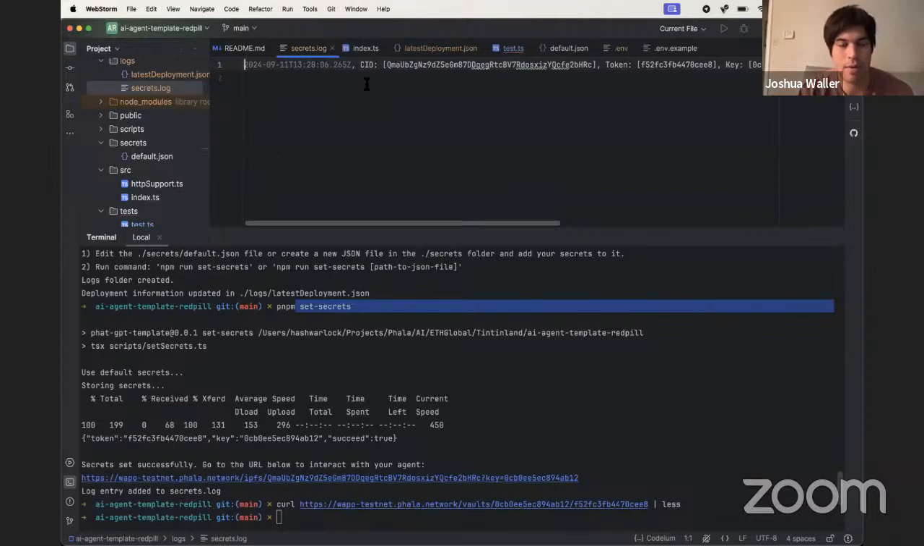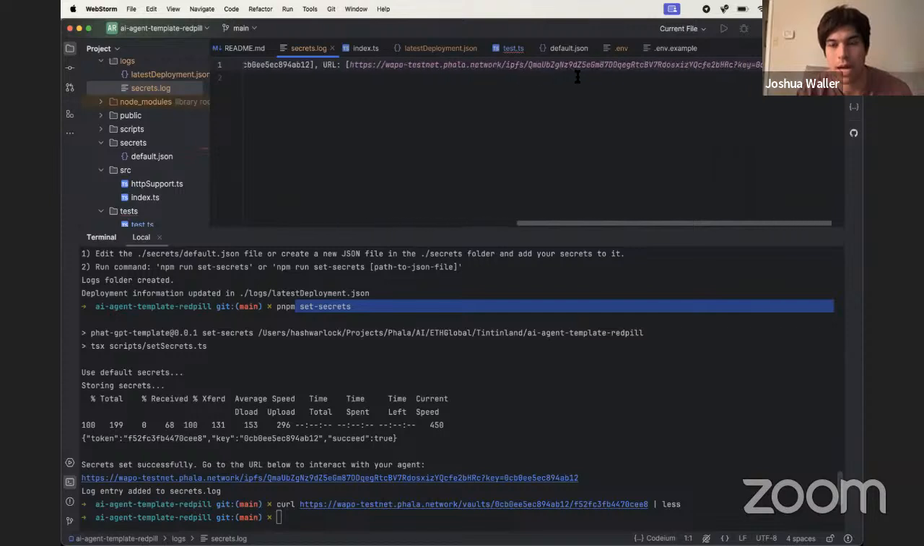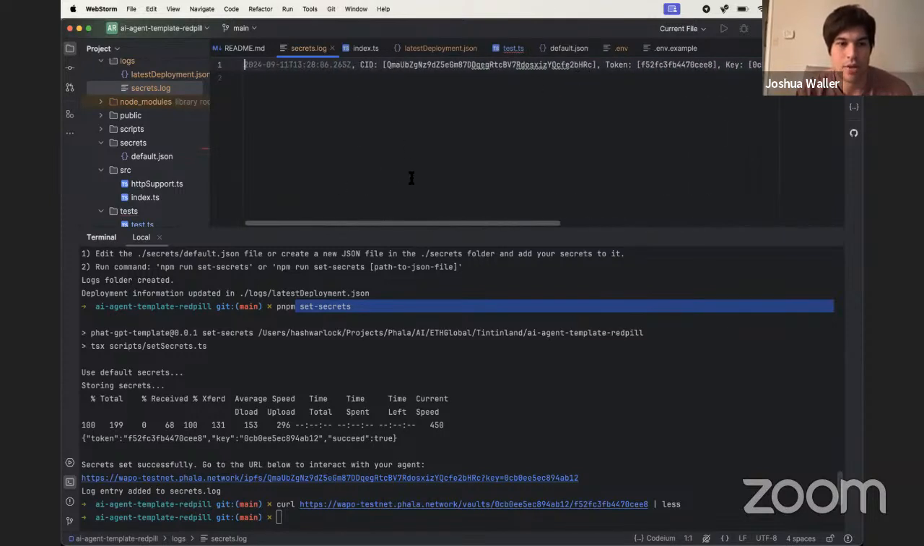So every time that I add secrets, you'll have a log stamp and a line here where you can see all the secrets that you've added to your script, so that you can always go back and see which secrets are at what URL, and you'll be able to access them here. And then another thing is